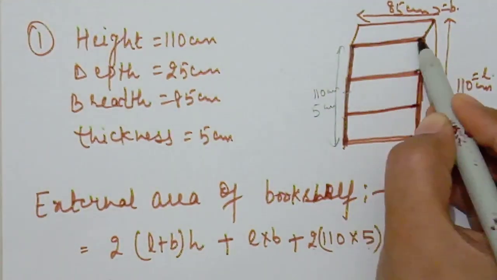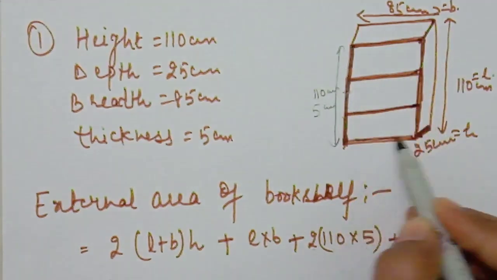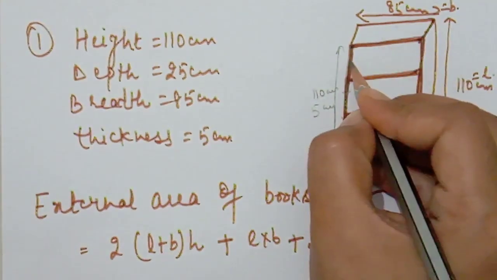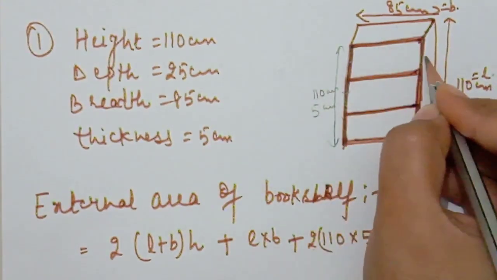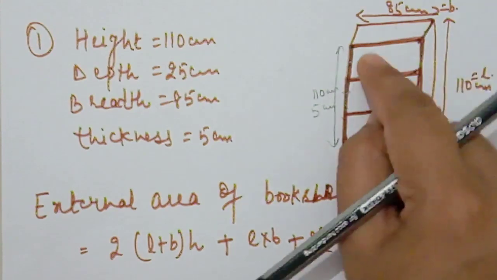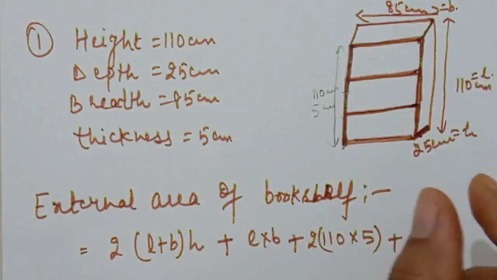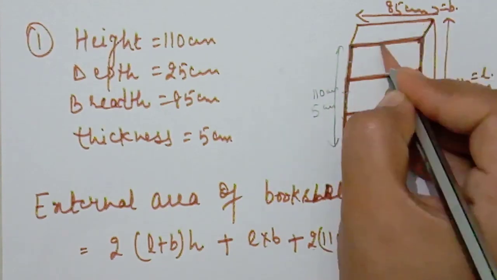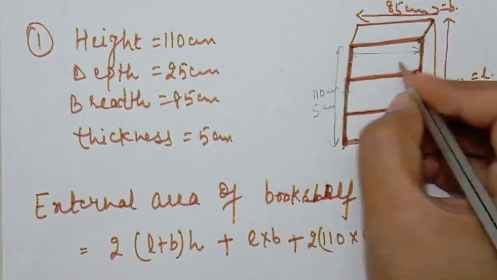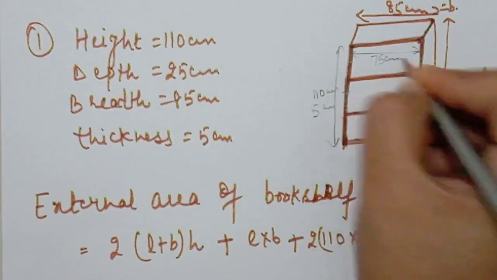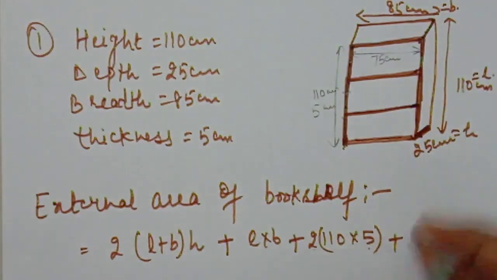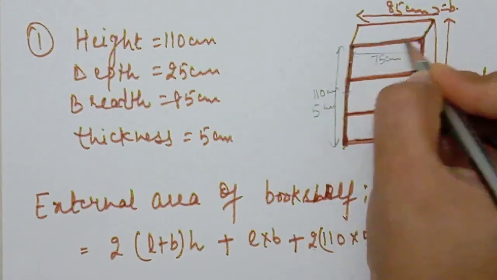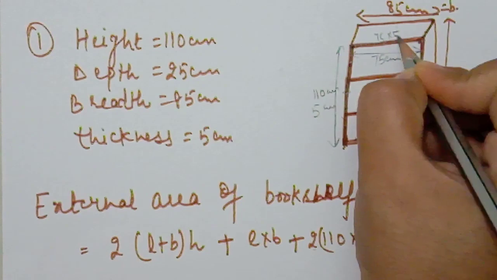Now students, what about these small 4 rectangles, are they also present for the polish? So students, please tell me, the breadth of this rectangle is 5, the breadth of this rectangle is also 5, because we know the thickness of the planks is 5 centimeters. So 5 plus 10 is 85 centimeters. So if 10 is less, then it is 75 centimeters. And the breadth of this plank is also 5.